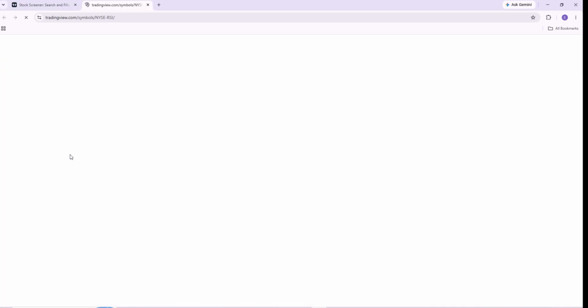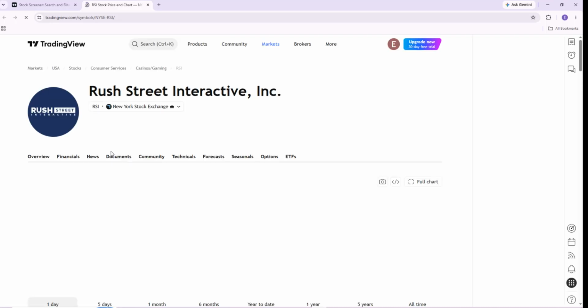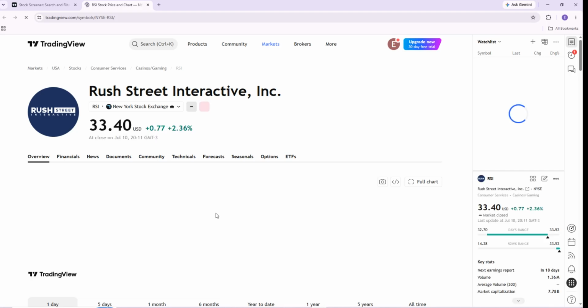After that, if you'd like to customize the indicator, move your cursor over the RSI panel and click the Settings icon. Here, you can change the RSI length, adjust the colors, and modify the upper and lower levels to match